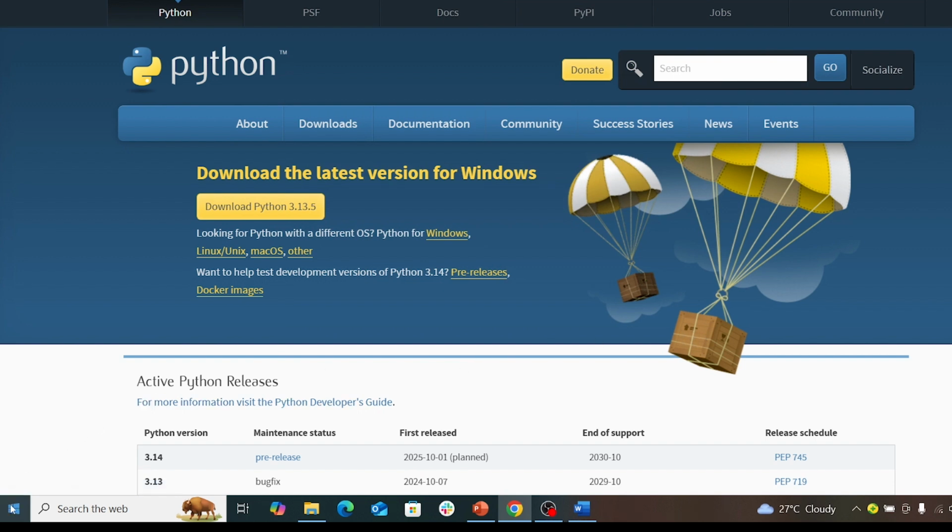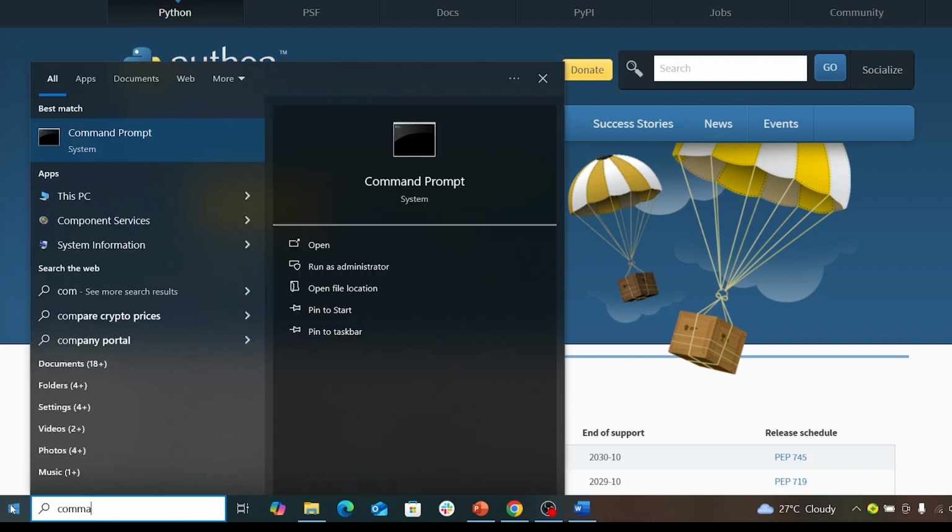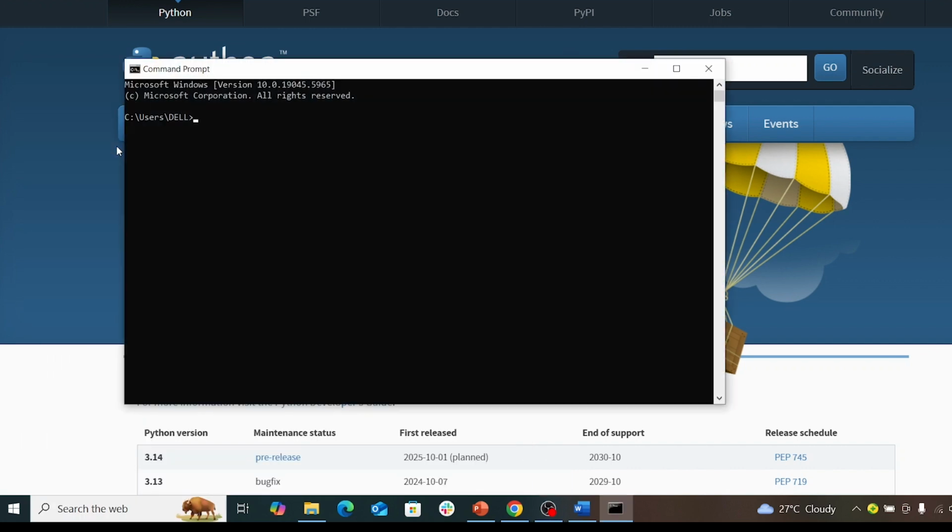So I'm going to go to the start menu here, and I can simply type command and click on command prompt. To confirm if Python is actually properly installed in this device, I'll simply type Python and hit enter, and you can see this is the version of Python that we installed. Once you see this information, it means that Python was successfully installed in your device, and this is a chevron symbol, and what this means is that you are in the interactive session. You can type Python code here and get immediate feedback.